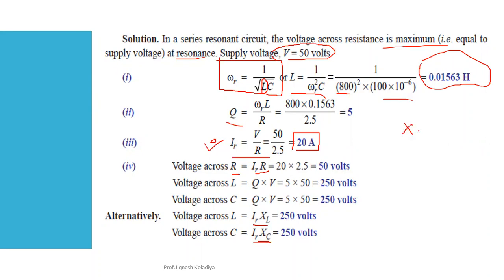XL is equal to 2 pi FL. Here for F you have to use the resonant frequency, okay, or you can say omega R into L. So what you are getting,